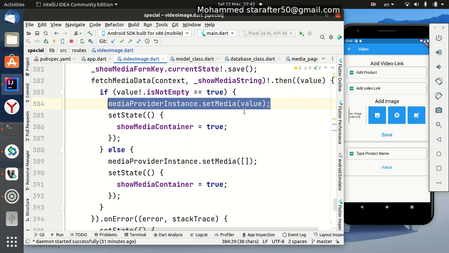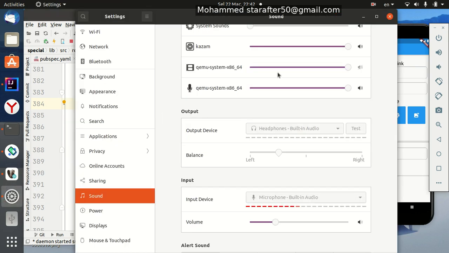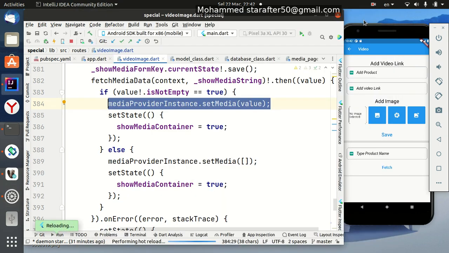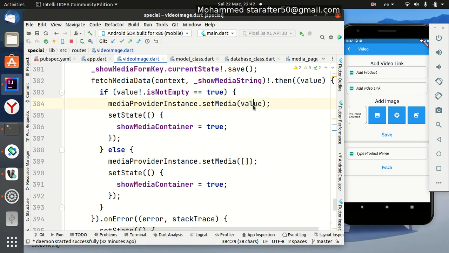Why do we save it in a provider? Because we can use this list. Let me check the voice, it's working perfectly. Because we can use this list that we have got from the database anywhere in any page using the provider package, and that's the beauty of the provider package. So the future list which I have got from the database, which contains the image and the video, I will put in a provider list,